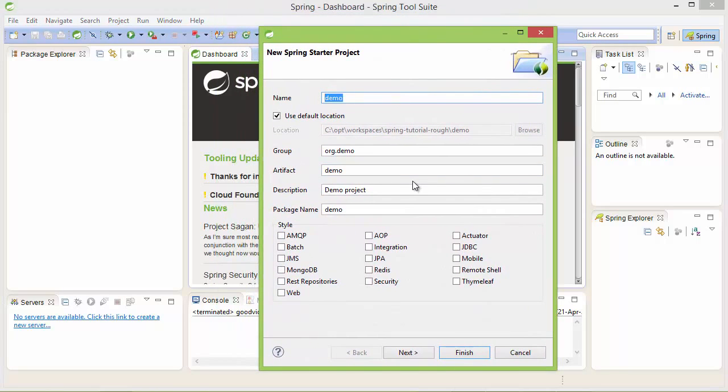Let the name of the project be Good Video Tutorials Spring. Let the group be com.goodvideotutorials, and the artifact be Spring. The description could be Spring 4 and Spring Boot starter,